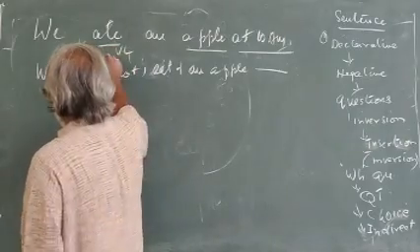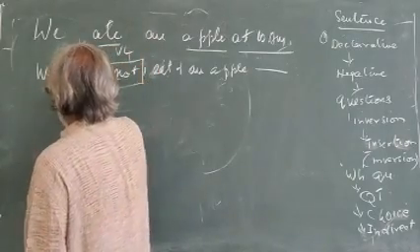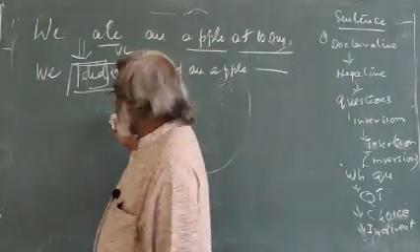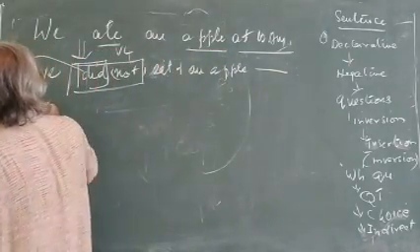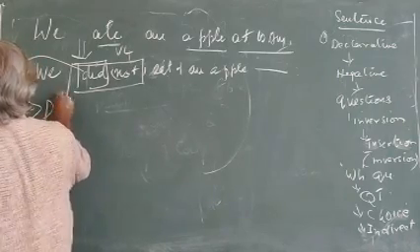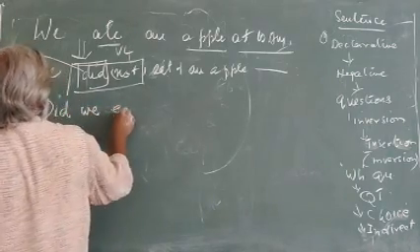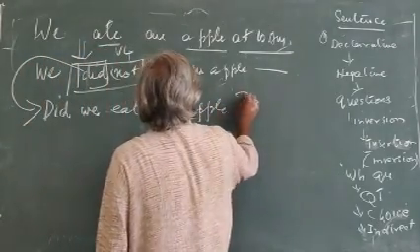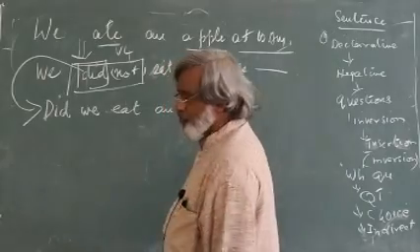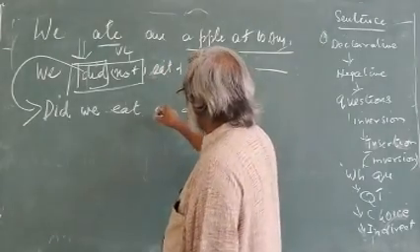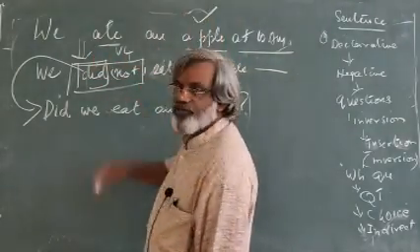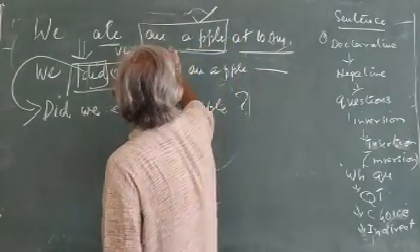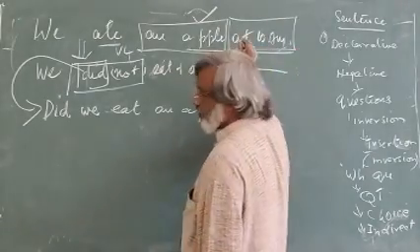Then insertion over. Then possibility of positive and negative area coming. Then you apply inversion. Did we eat an apple? 10 o'clock or 5 o'clock? No problem. Positive question. Did we eat an apple? Yes, we ate an apple. Answer finish. Then you want an apple. You want at 10 o'clock.